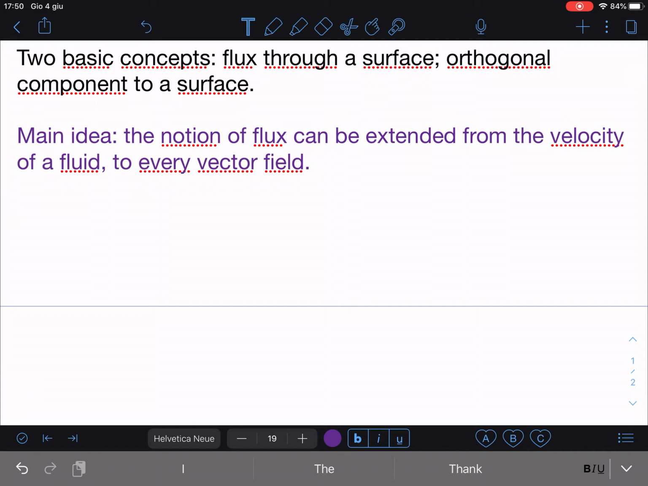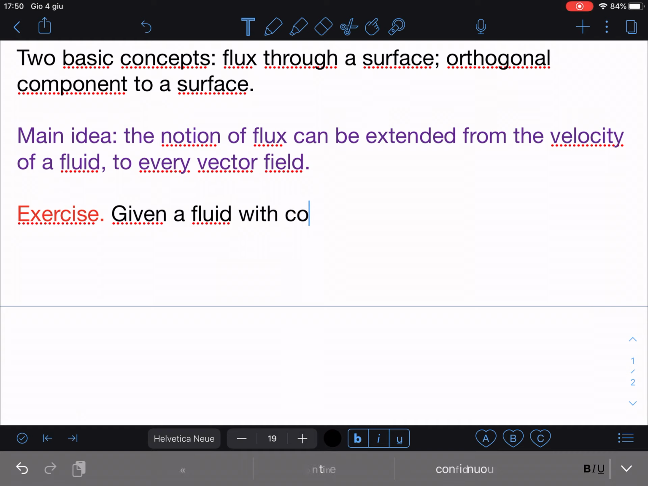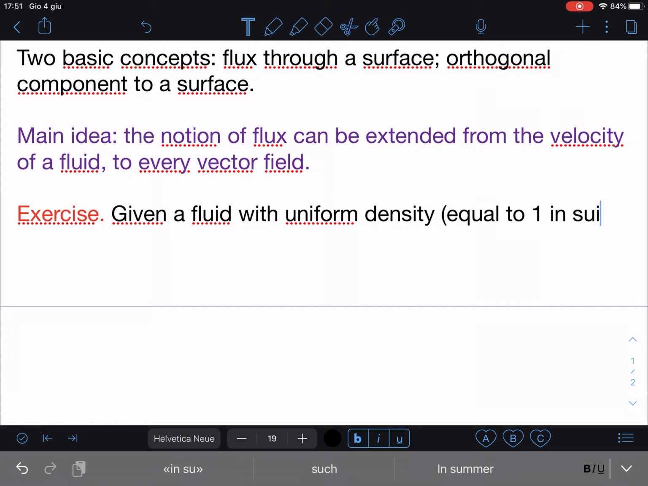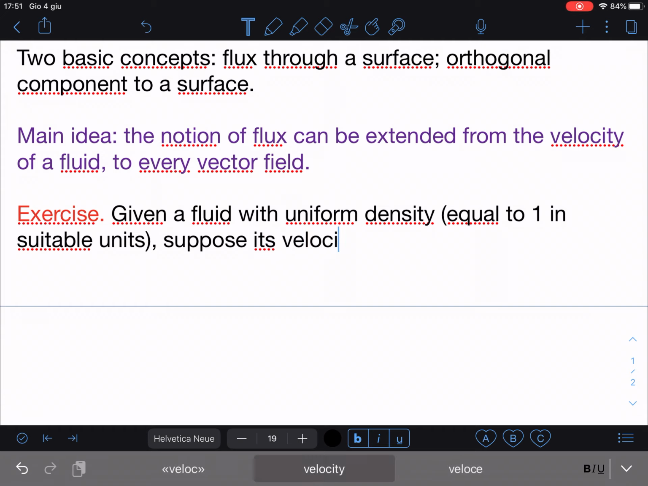Okay? So this is just an example of an exercise, if you want, that will recall us some basic notions. So, given a fluid with constant in the space, or better to say uniform density, suppose it equal to 1 in some suitable units, and suppose its velocity at the point x, y, z